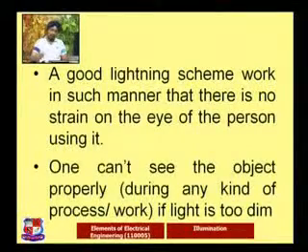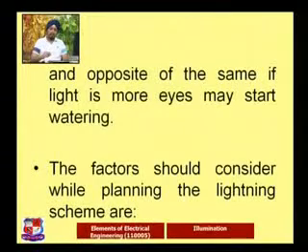There are two parts of the coin. If light is too dim, then we are not going to see the object properly. Opposite to that, what happens if the light is more? Again the human eye cannot tolerate that, and we are not able to see the object properly. Dim is there, the object will not be seen. Very high or full light is there, what happens? I will feel the glare and we are unable to do the work. So efficient work cannot be done if the illumination scheme or lighting scheme is not proper, and that's why designing is required.